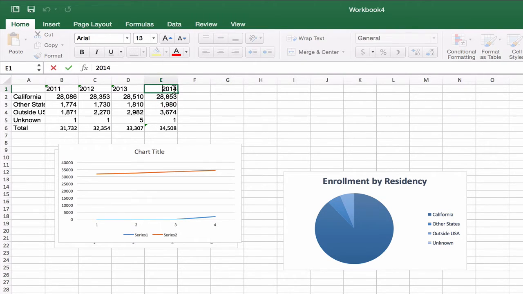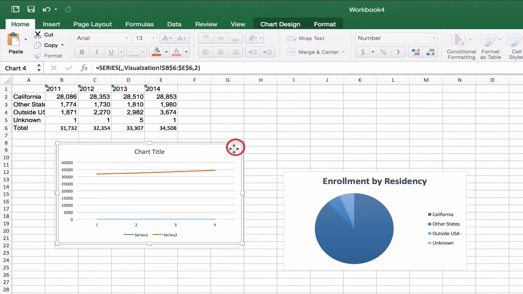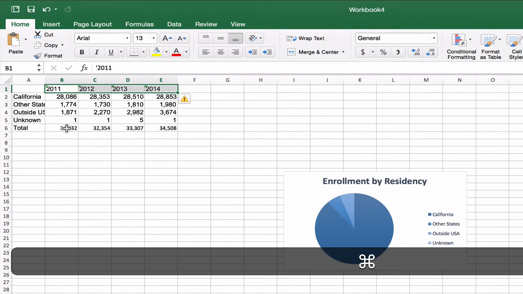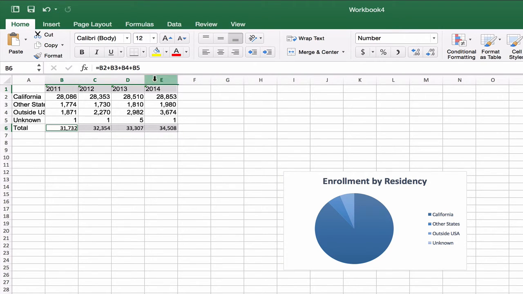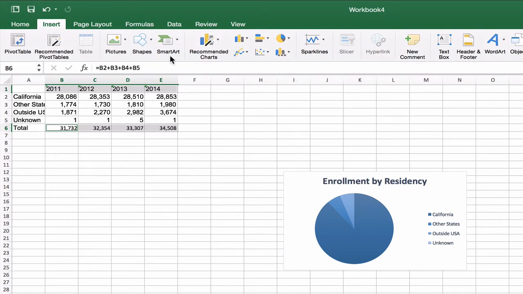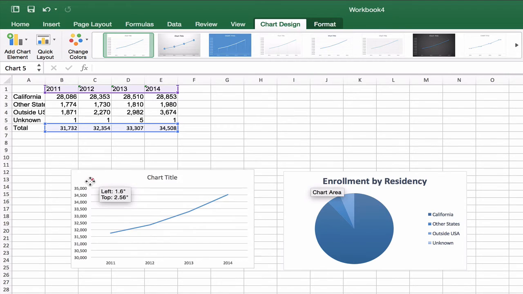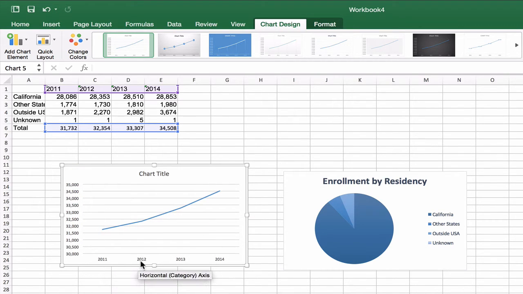So a double click brings my cursor to be active right there in the cell. All right, so now let's get rid of these line graphs that didn't work. We're going to click and drag and select our data labels. We're going to hold down the command key to select non-contiguous arrays. We've got our data labels. We're going to go to the insert ribbon and insert a line. Okay, this is looking a lot better. We now have our data labels along the horizontal axis, the x-axis.